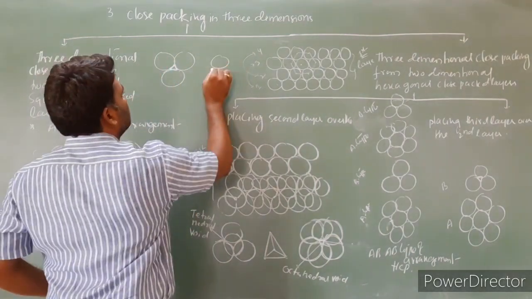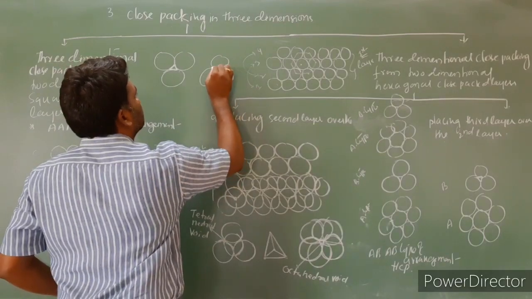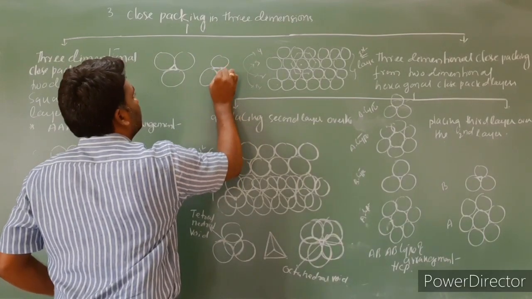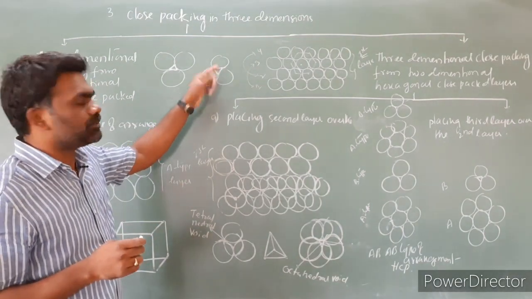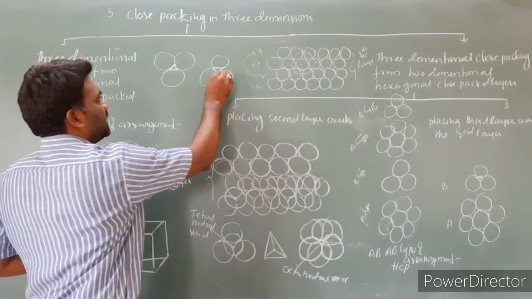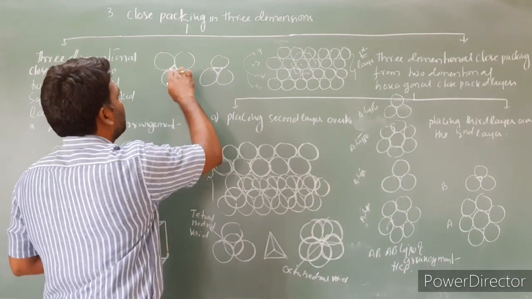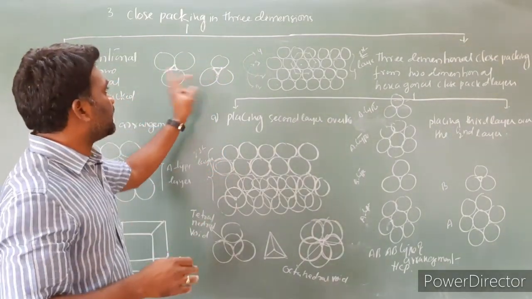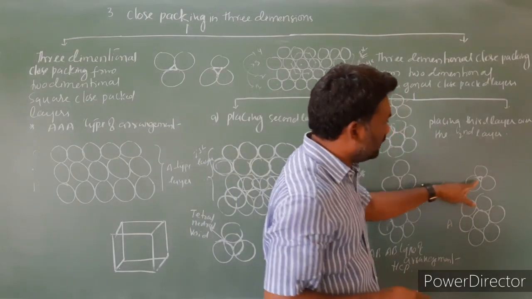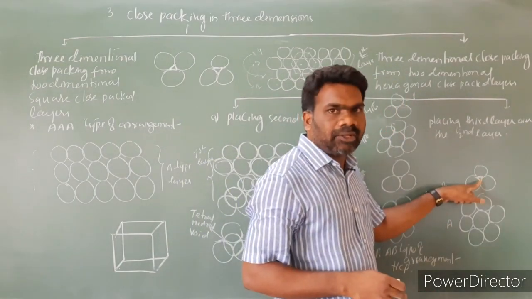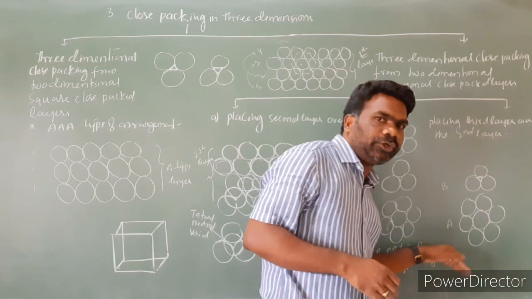I'm taking another way, look at this. So we got a triangular void here, we got a triangular void here. The triangular void apex is pointing downward. So apex is pointing downside or apex is pointing upside. Both are triangular voids only. So come to here, A type. In the B type, we got a triangular void. The triangular void apex is pointing downward.